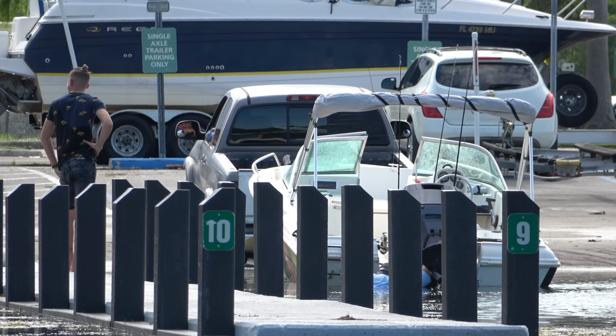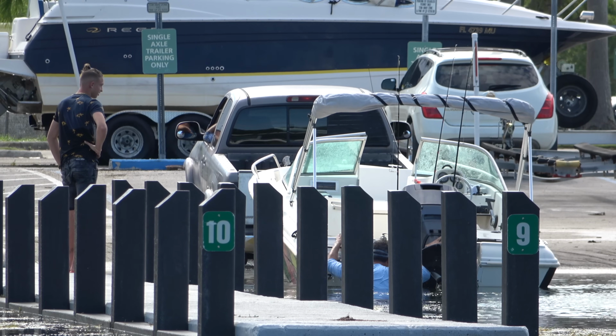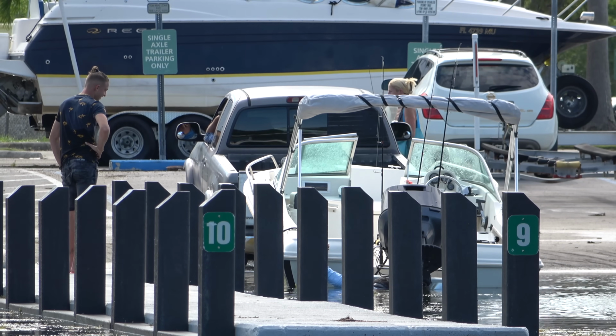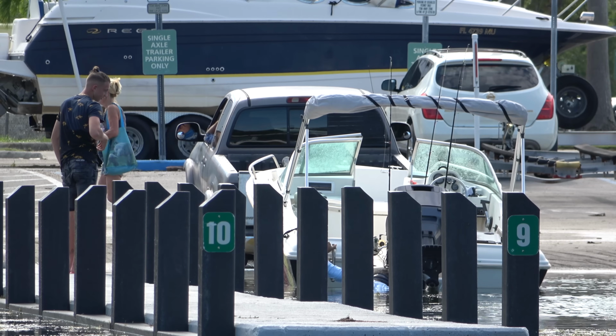I mean, I can't figure anything else out they'd be doing. Anything else you could see with the boat out of the water. It's on the trailer just fine. This one's just a little dumbfounding to me that, I mean, I guess we all had to start somewhere in